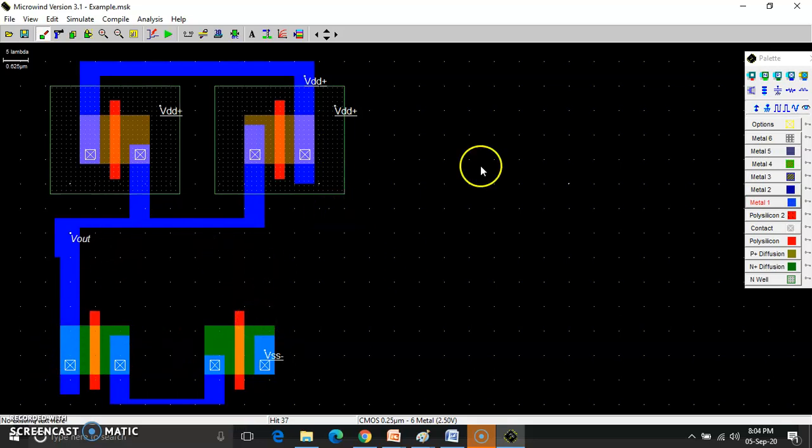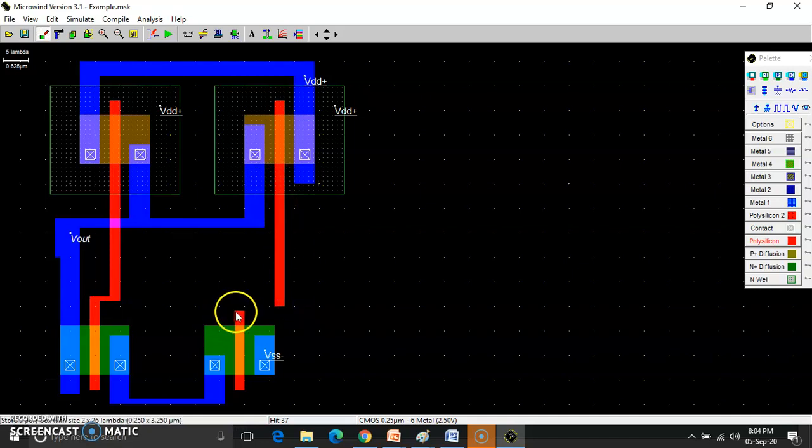So in this way my diagram is complete, but I need to connect all the gates together, A with A and B with B. If you align this properly, there will not be a zigzag, but in my case it is coming as a zigzag. So in this way you need to think properly. So this is the first case, I have connected the inputs together, and this is the second where I am connecting this together. So always use polysilicon for connection.